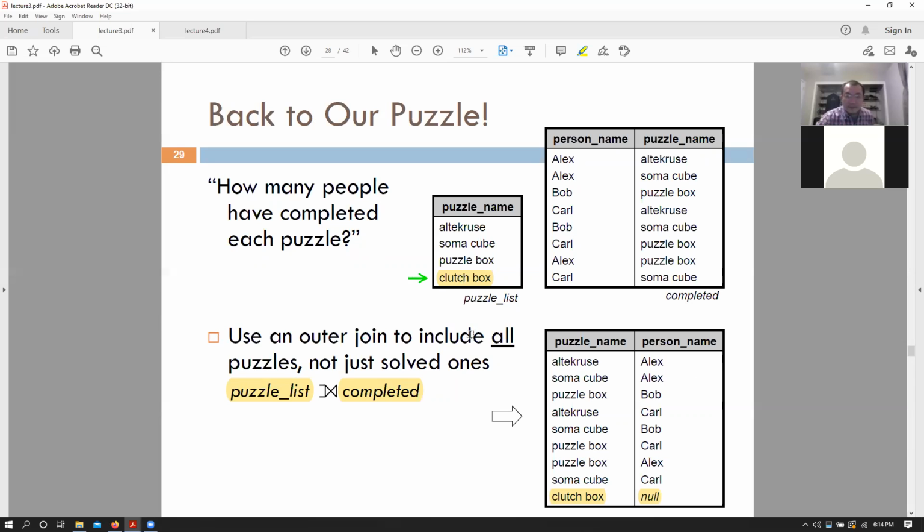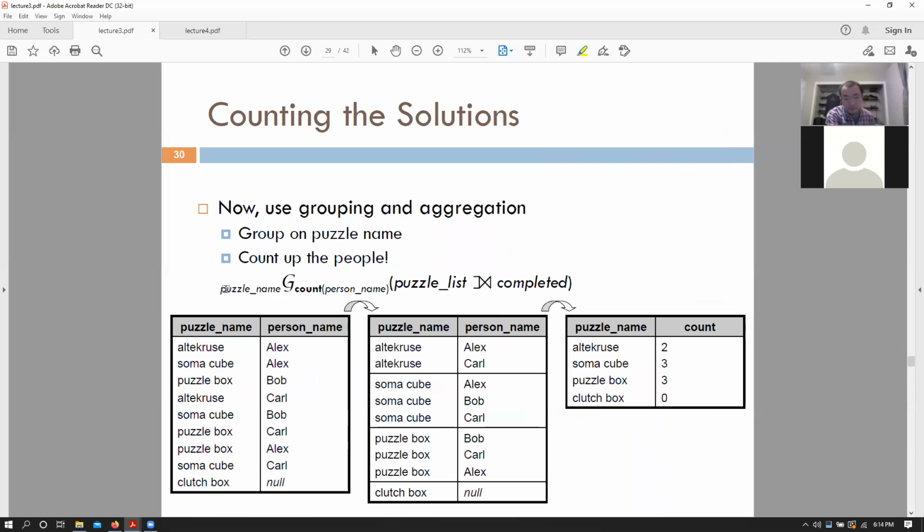Good answers. Okay. So now, if we have this particular join operation, then we can actually do the same thing that we did earlier. Group by puzzle name and then count the people. So essentially group on the puzzle names, count the number of people that have completed these puzzles,